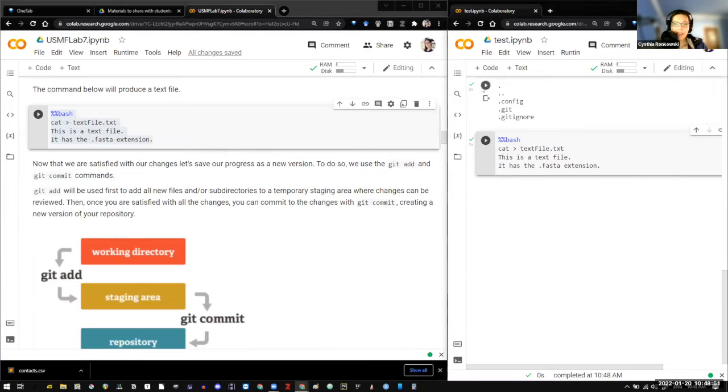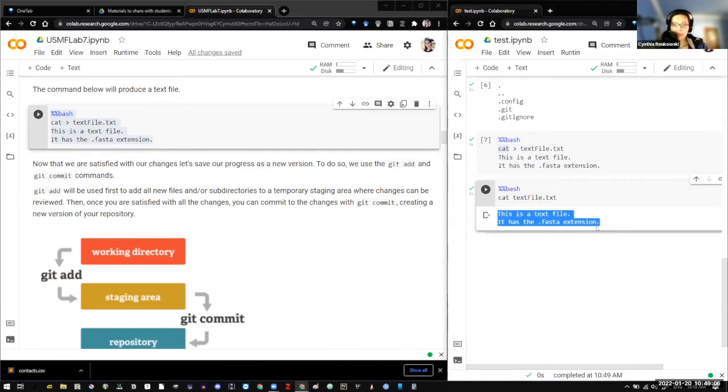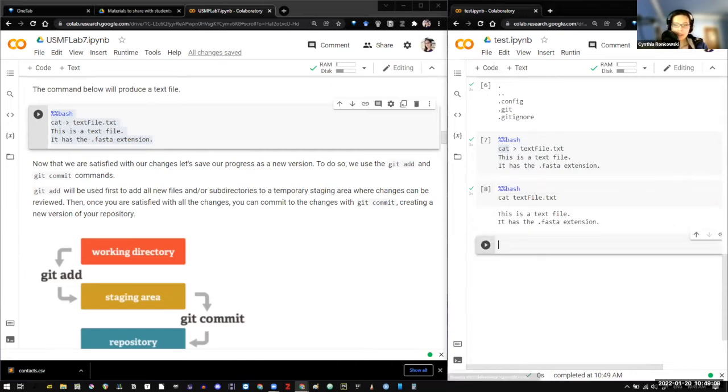Anyways, we can run this and confirm that that's indeed what is stored in the text file by using good old cat command. And there we go. So from here,